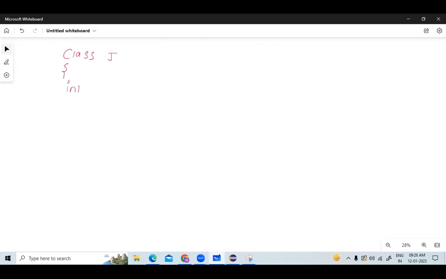Now int data equal to 50. Now static int s is equal to 100,